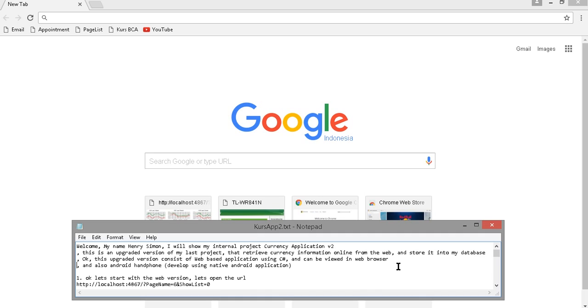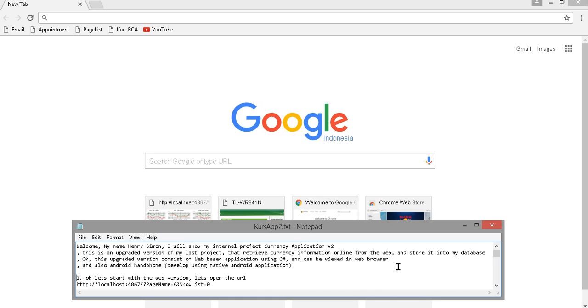I also have a native Android application that can connect to the local server to retrieve the value information from my database. So I don't have to go to my desktop or laptop to view it in the web browser, but instead I can just view it from my handphone, which is easier.